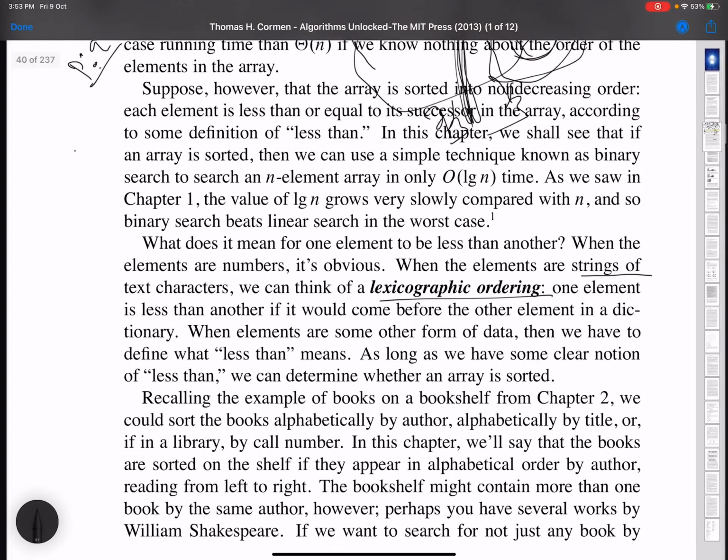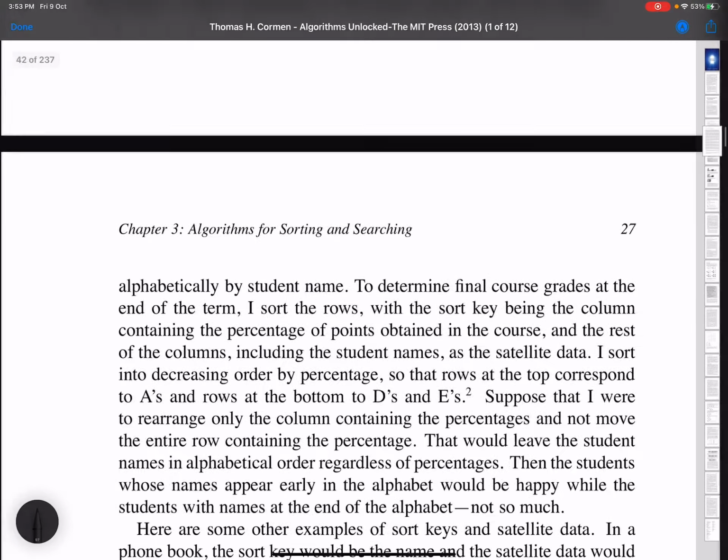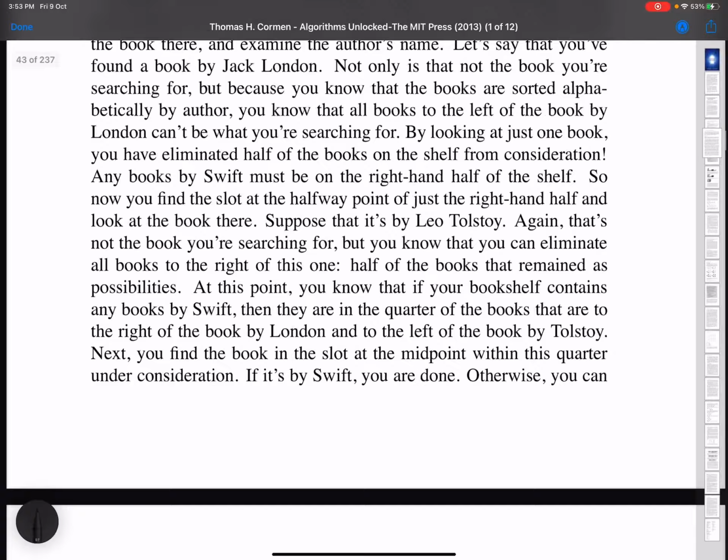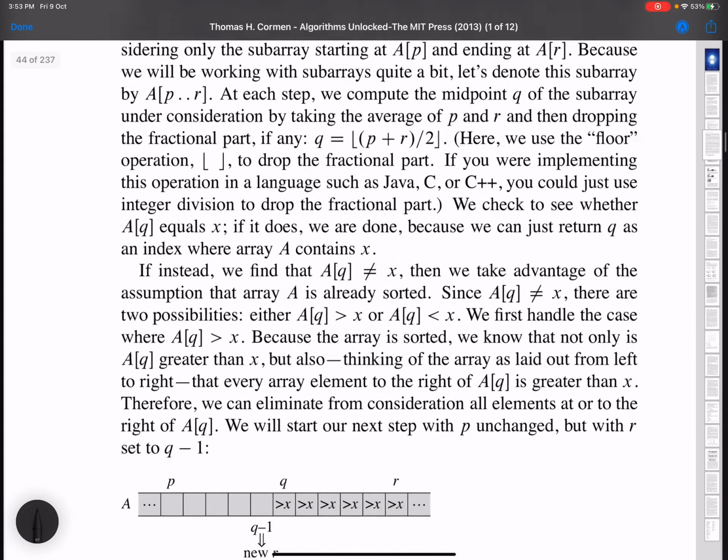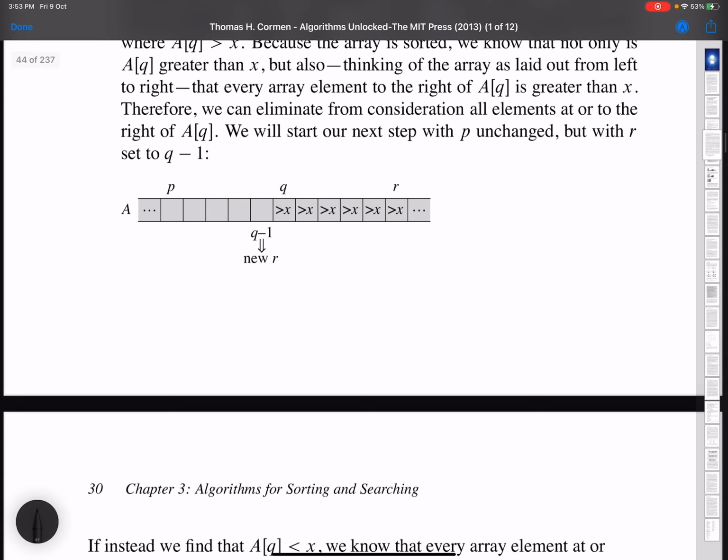Now let's move to the algorithm. For binary search, of course, if the elements are not sorted, like 1 3 5 6 7 -2 8, we cannot use the middle element. Why? We don't know the order of this array.